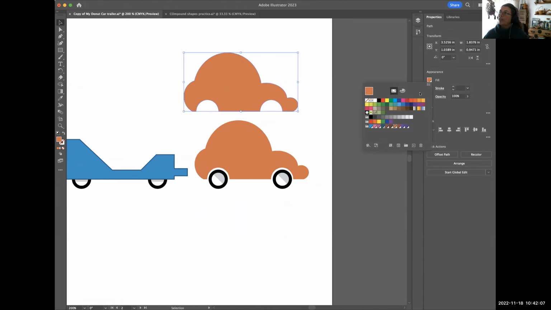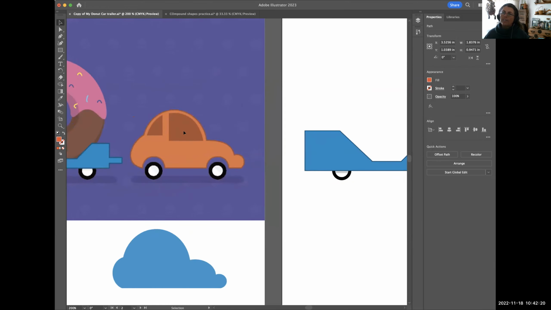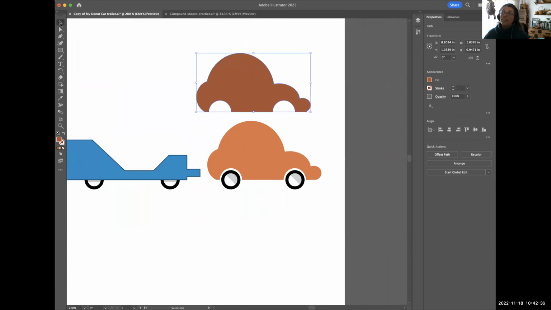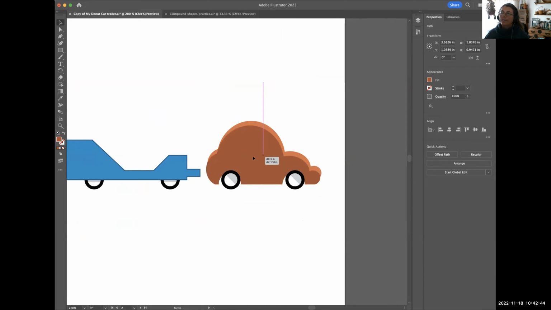Let's just make it a little bit darker orange already. Now, if I go to any of these oranges here, they're not really darker. So I'm going to have to actually create a color, right? And since I have this here right now, I haven't really been teaching you how to create colors. So for now, let's just pick it up. Do you remember how to pick up this color? Eyedropper. Click on that. That gives me that color. So now, since this was already selected, it changed into that color. If it hadn't been changed into that color, then select it and color it with that. And now I have this shape,